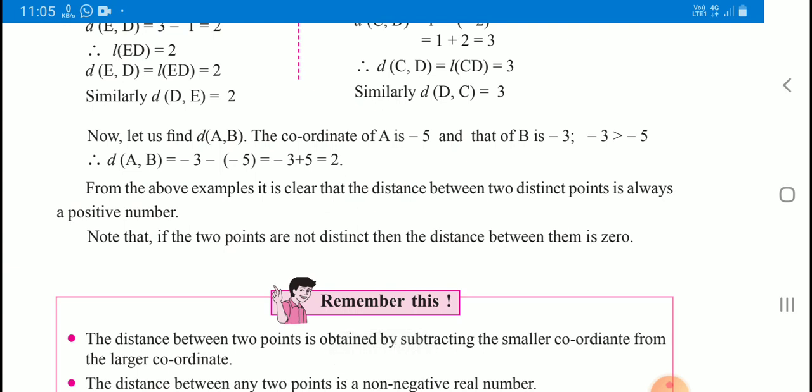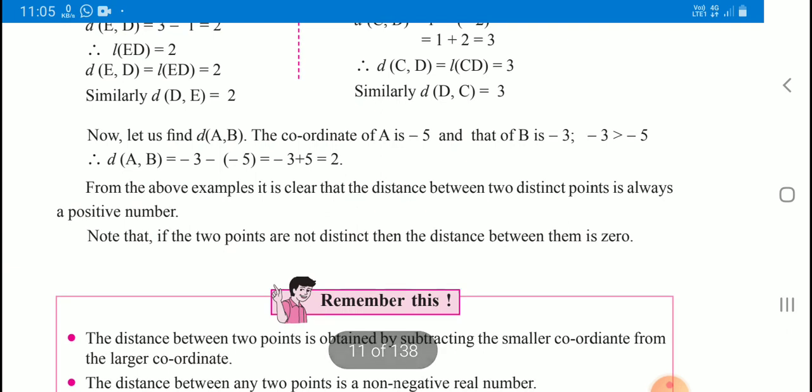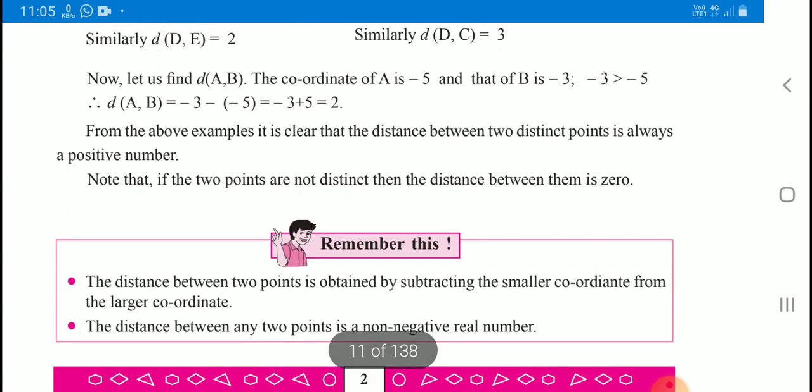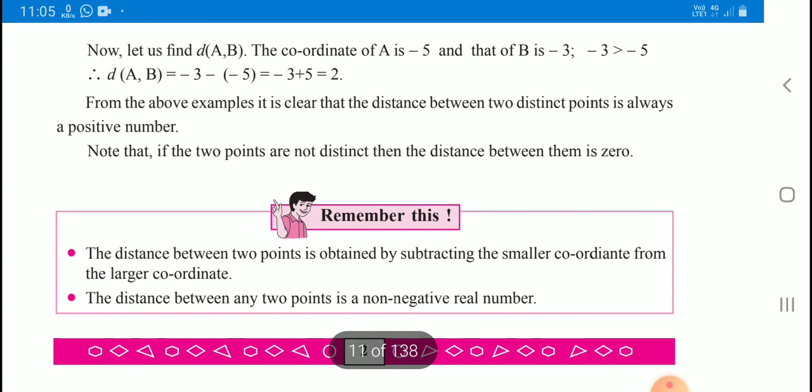So note that if the 2 points are not distinct, then the distance between them is 0. Means here the 2 points will coincide with each other. So the distance between those 2 points is 0. But if the 2 points are distinct from each other, then you will get an answer